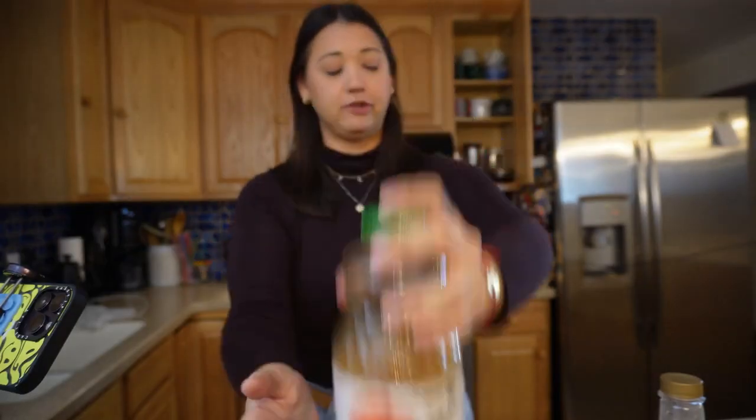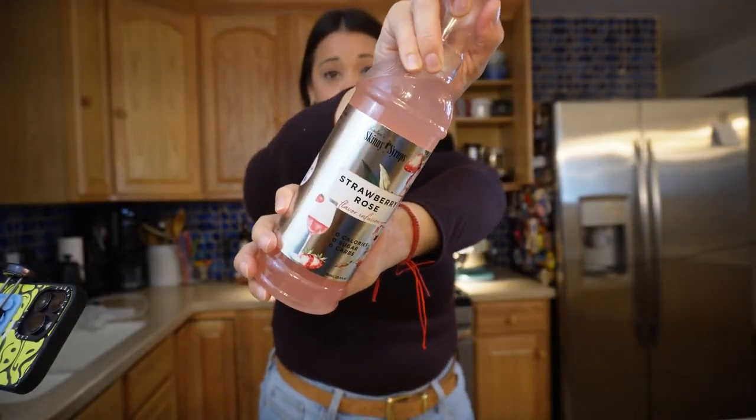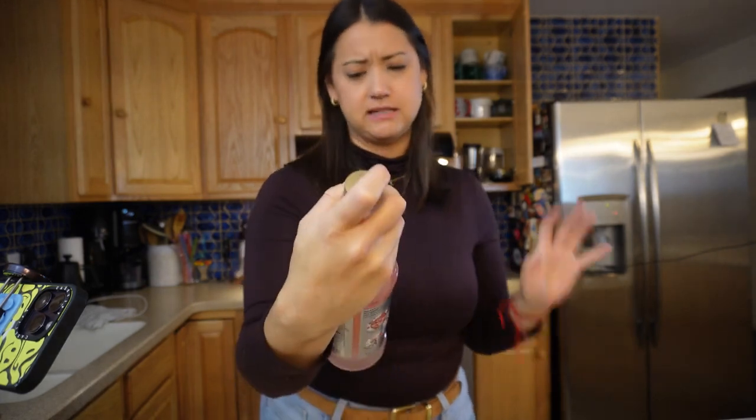So this recipe is surprisingly really good. So trust the process, because I know it sounds really gross. But it is a grapefruit strawberry rose mocktail with, well, I like to call them soders. So like with soda water. So it is grapefruit juice, pure grapefruit juice, this Simply Skinny strawberry rose mix or syrup, some soda water,